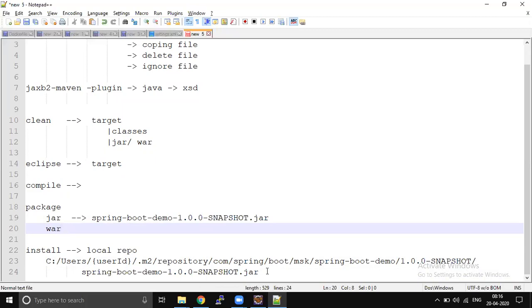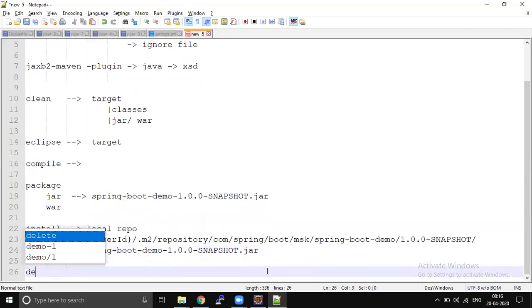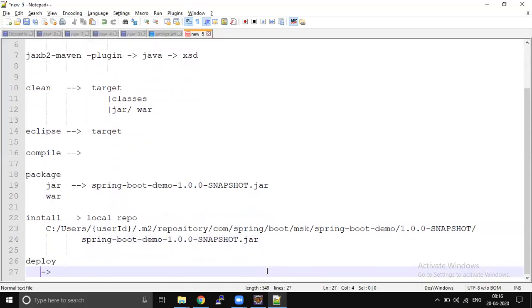Then the next life cycle is deploy. Yesterday we were talking about the central repository and remote repository, right? As part of deploy, whatever jar got generated as part of package will be deployed in the remote repository or central repository.